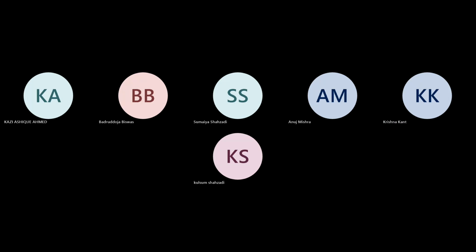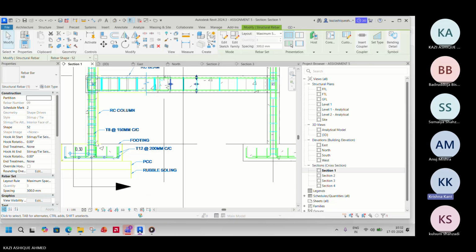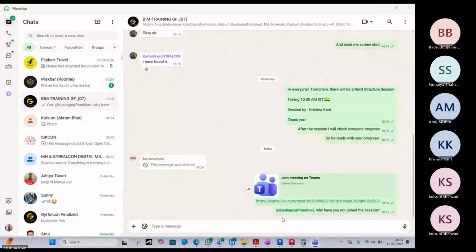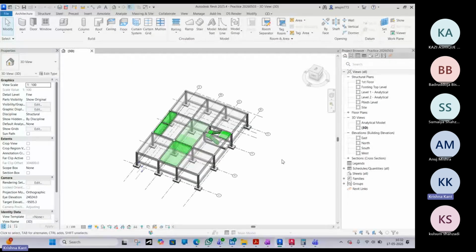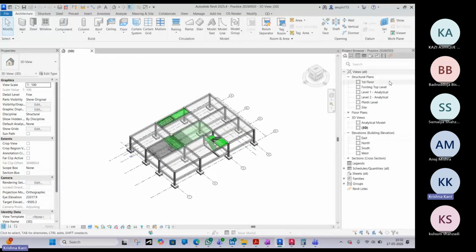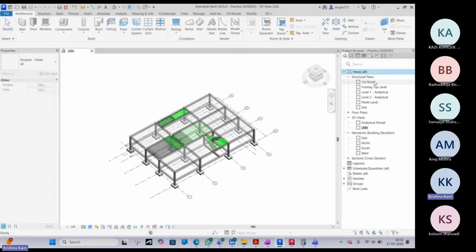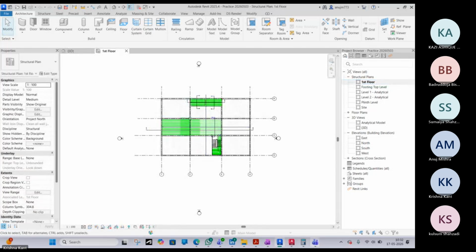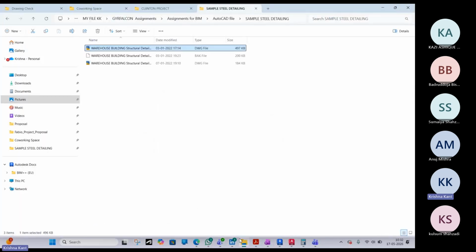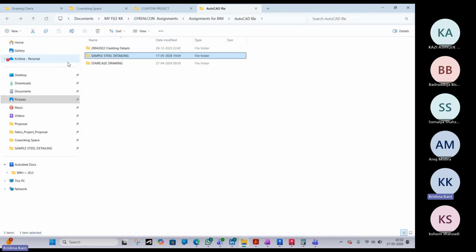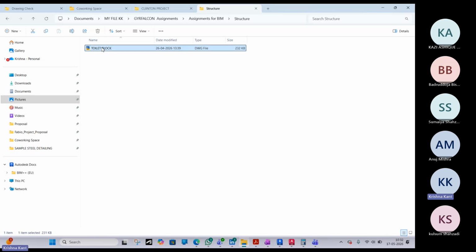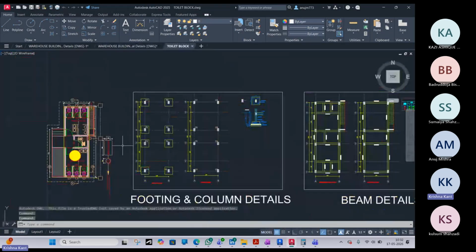Progress. Okay, so let me share my screen now. So we have done this project, right? Also, I have shared you this structural project, toilet block building. Okay, so in this building,